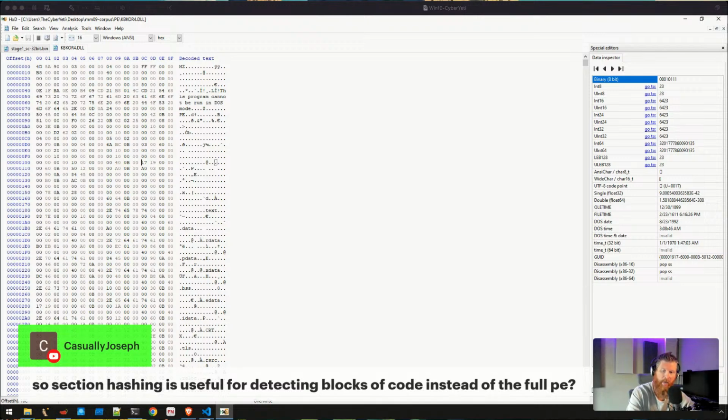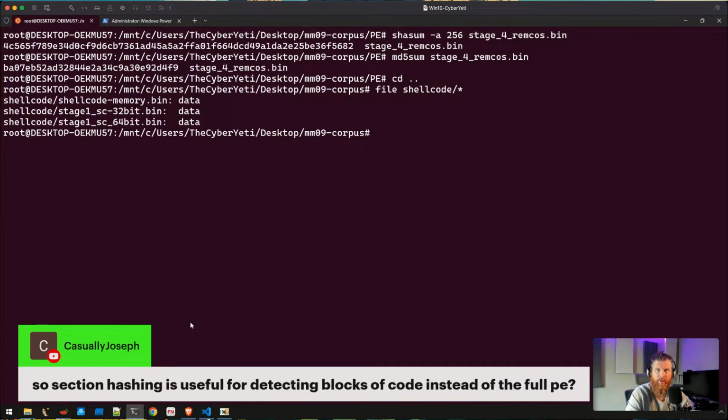But for the most part, my day in and day out usage of hashing is to identify the sample itself. To say, okay, I've received a sample. One of the first things I'll do, at work, we get tickets. Tickets will contain samples requesting analysis. And once I download that sample, the first thing I do is hash it and compare it to the hash the original reporter provided. I just want to make sure that the two samples match.